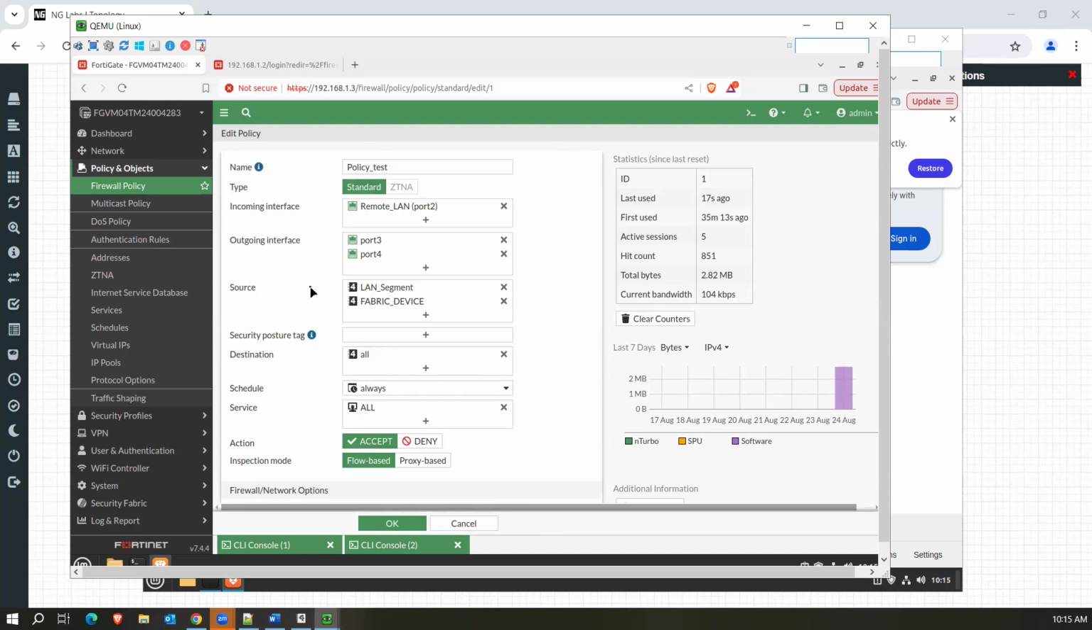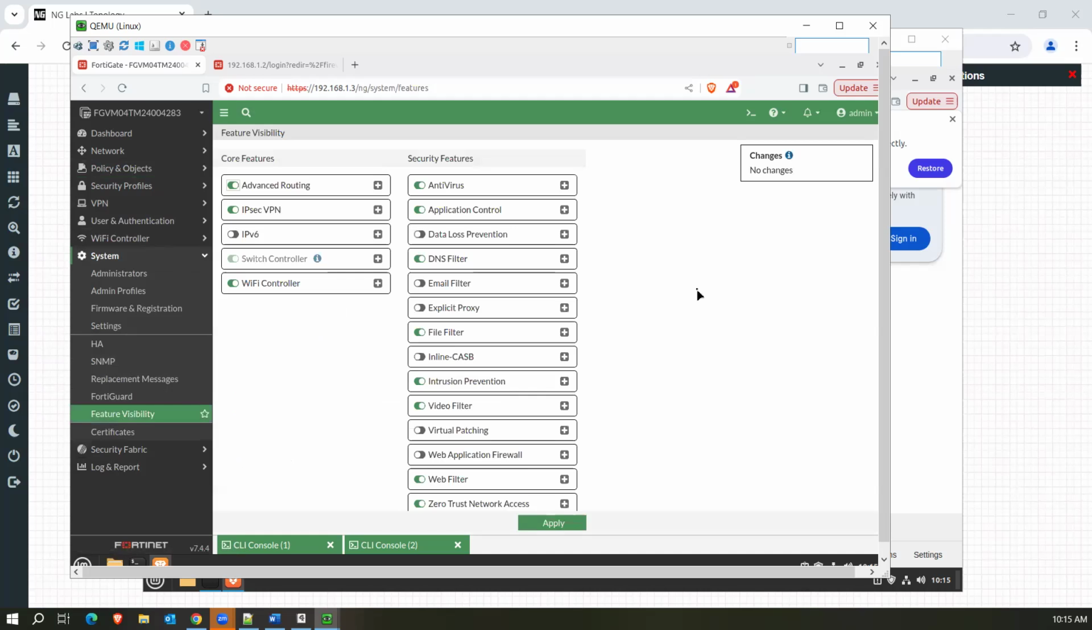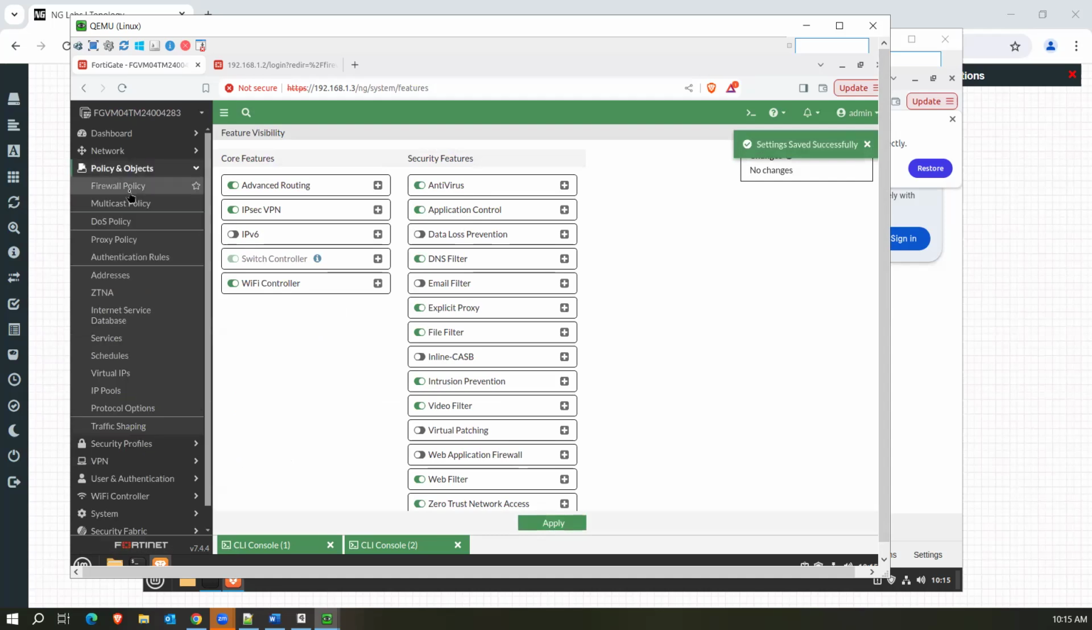But what if the user is not authenticated? Then that user's traffic is not allowed. But a proxy policy itself can trigger an authentication for that user and then allow them. So let me enable the feature. One moment, system feature visibility. Explicit proxy. And another important thing about explicit proxy is,